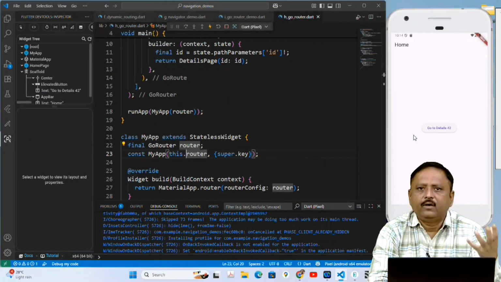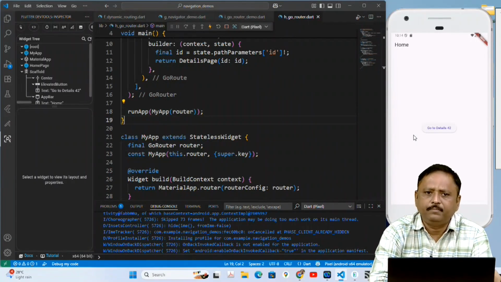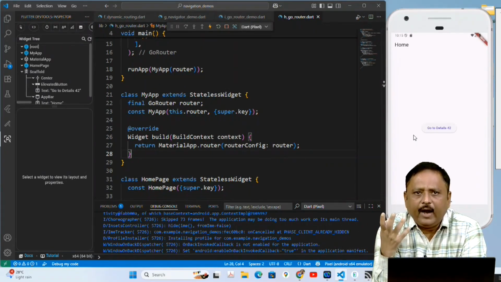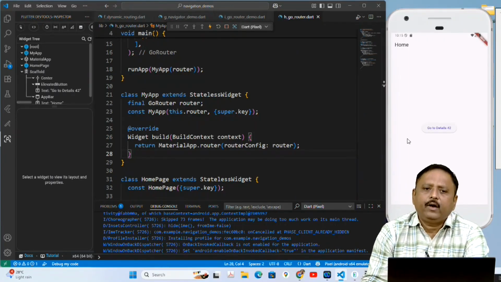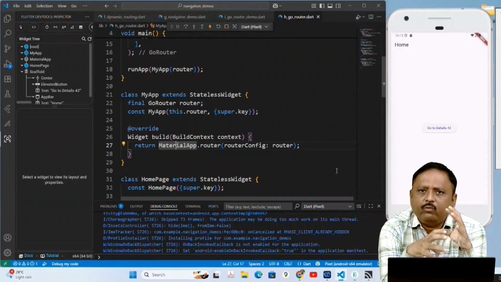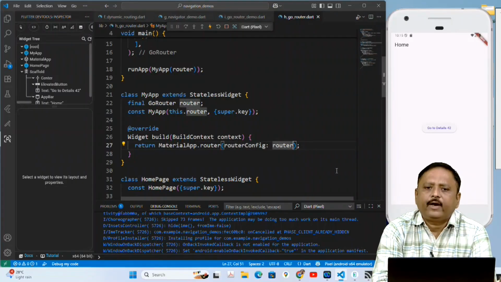I will get that router object from runApp, which calls MyApp with the router object. Inside the build method, instead of MaterialApp, we must return MaterialApp.router. Remember, generally we write return MaterialApp, but whenever you want to use GoRouter, you must return MaterialApp.router, which takes an argument of type GoRouter.